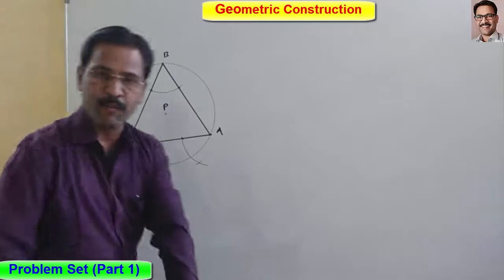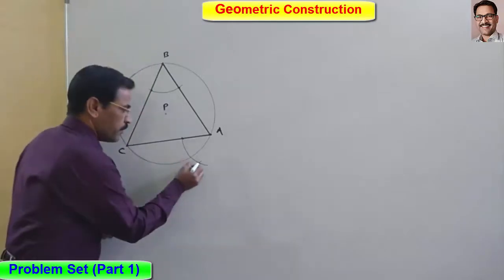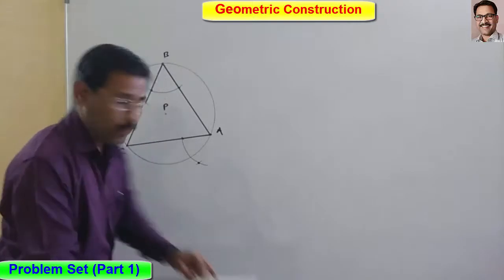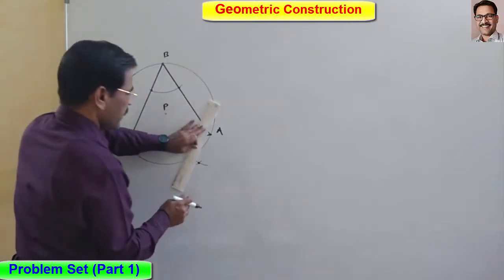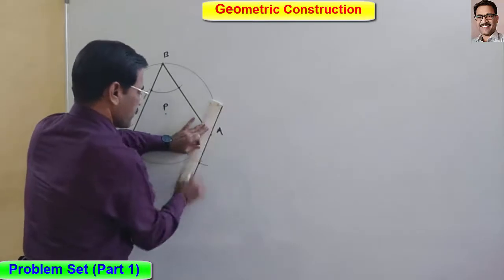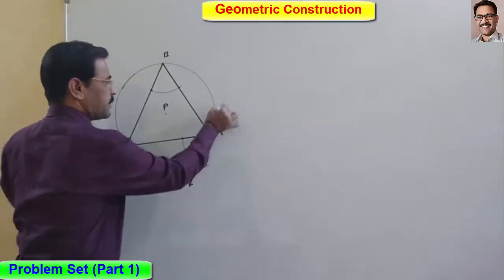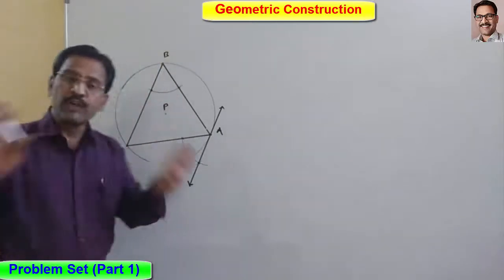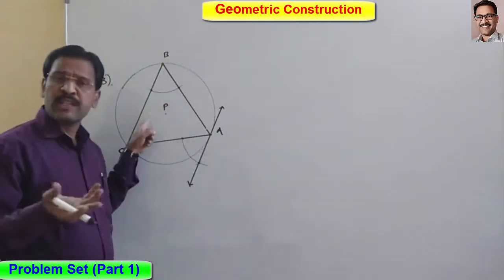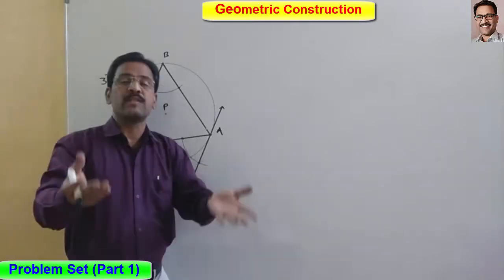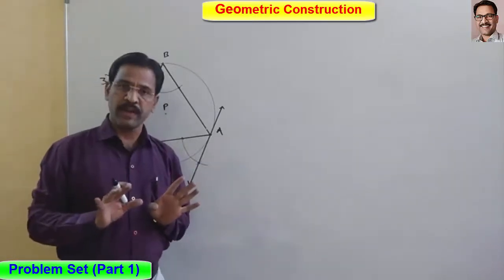This is the point. So, this is the point and try to join that new point and point A. That is the required tangent. Understand? This is the procedure to draw the tangent without using center. We didn't use center here. Okay, in the same example we can also use the center. We can draw here.